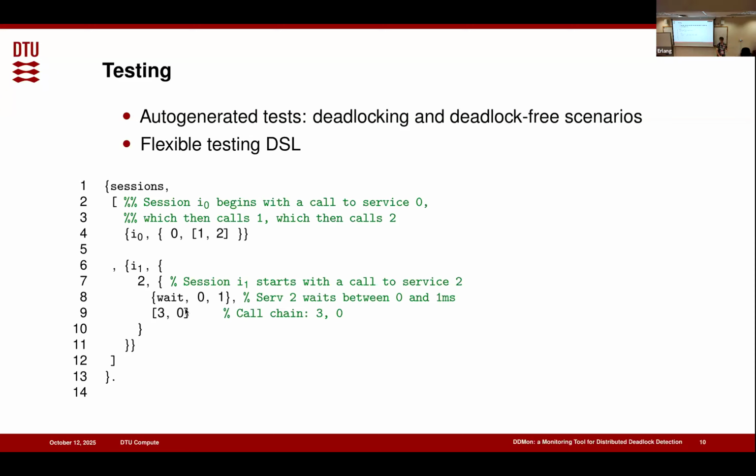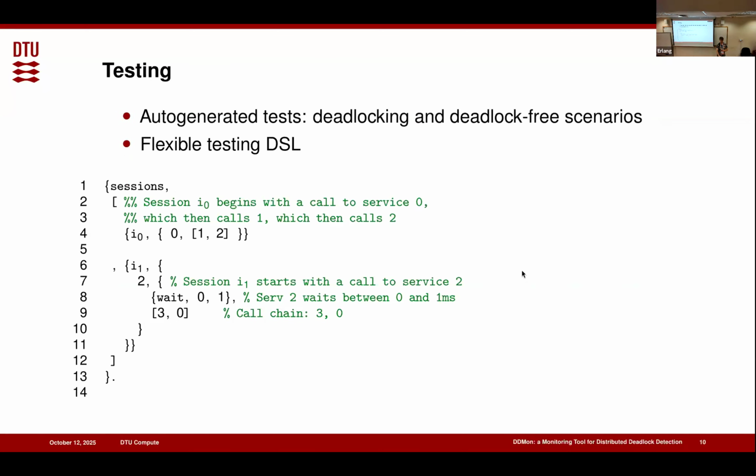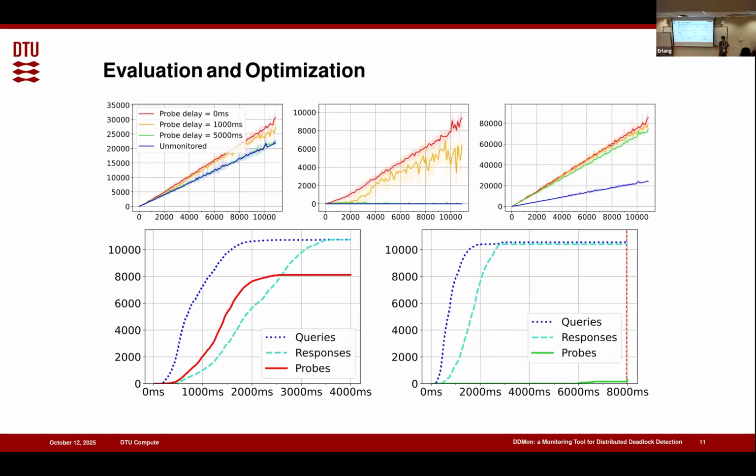Meanwhile, I1 does exactly the same thing, just with different processes, except that it waits for random time before that. Using this neat system, we can quite precisely replicate scenarios which appear in real systems and see how the DDMon behaves. So we've performed many tests for correctness and also